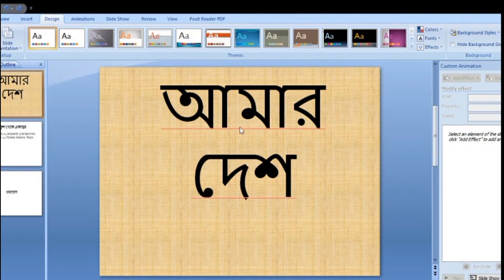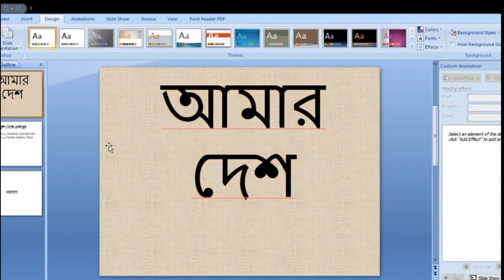Here it shows the texture swatches of different kinds. Click on the drop down arrow. Lots of textures are available here. The texture swatch you click should be selected for the slide. Now I choose this texture for this. Okay.